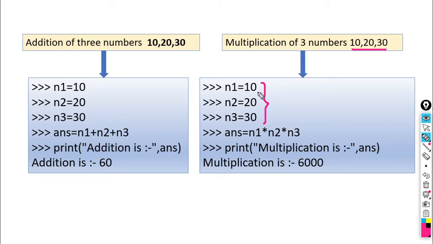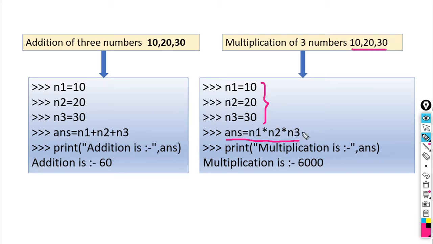Here assignment statements are there, n1, n2, n3, and the formula is like this: ans is equal to n1 into n2 into n3. An asterisk is used to do the multiplication operation. So this product will be stored in the variable ans.